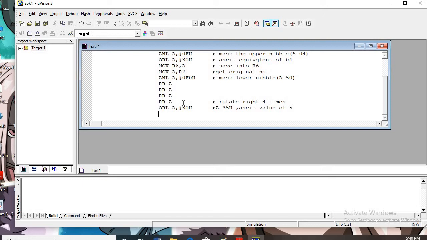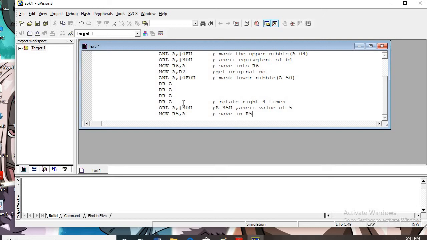Store the result. Once again we will copy it: MOV R7 or R5, I will use R5, comma A. So the result is there: ASCII character of result, save in R5.